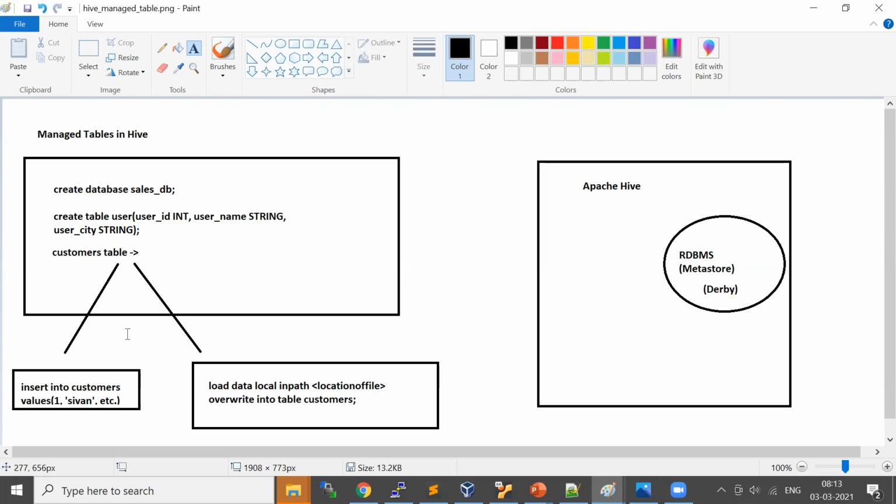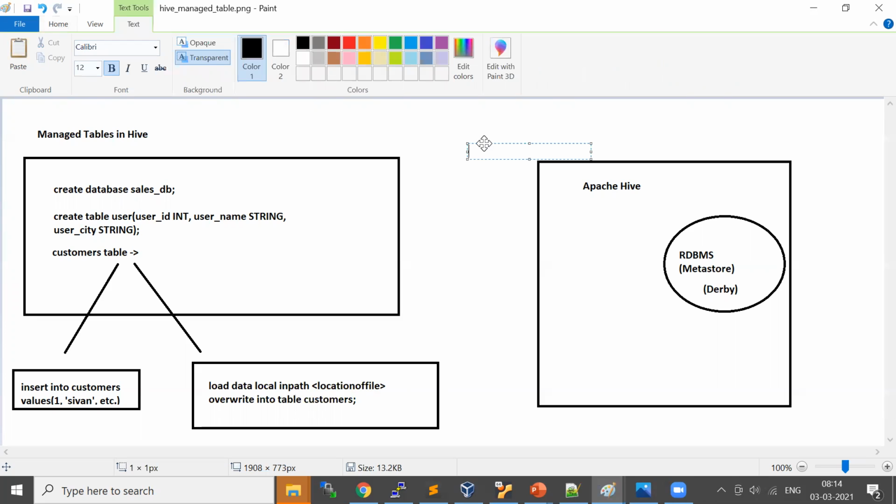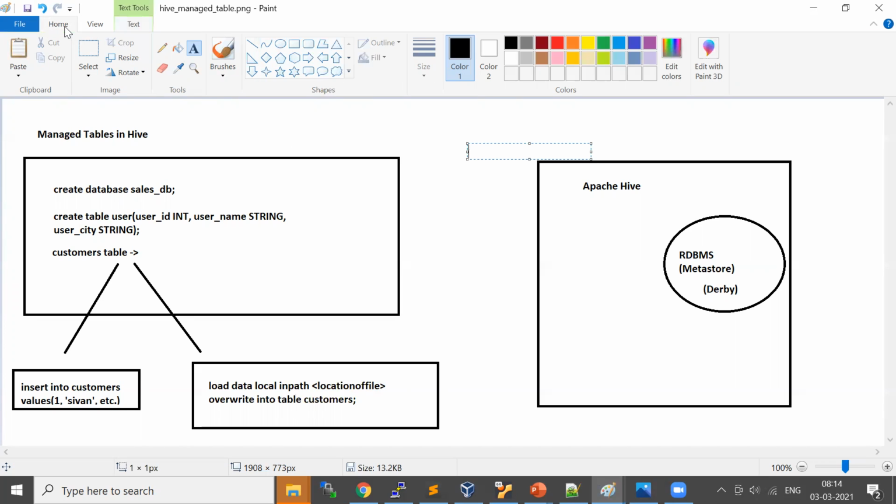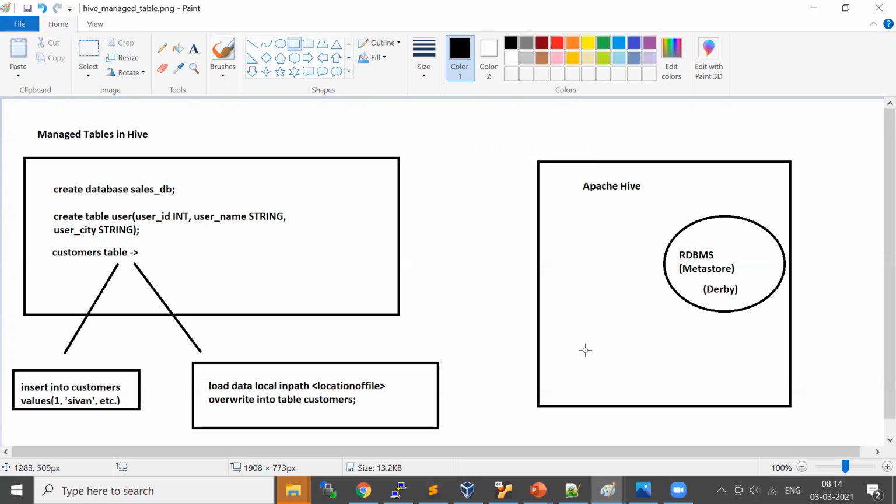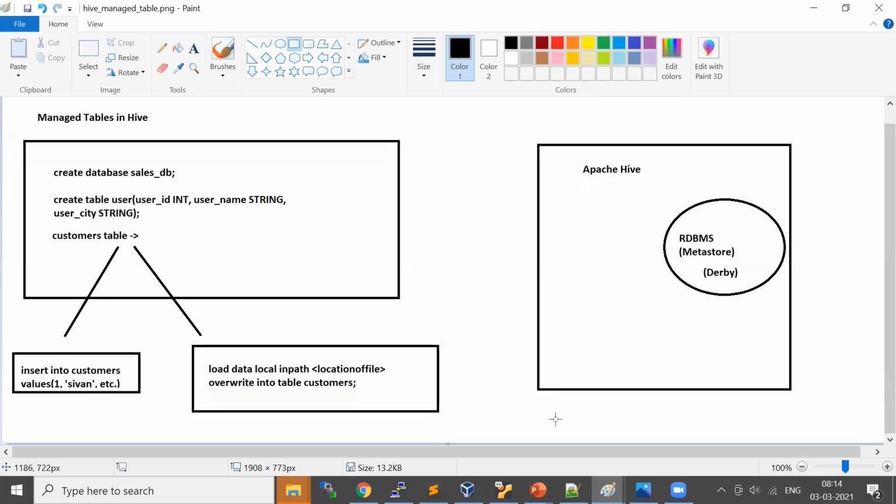When you insert data into the managed table, Hive will maintain one directory in HDFS. Internally Hive uses MapReduce and HDFS, right?